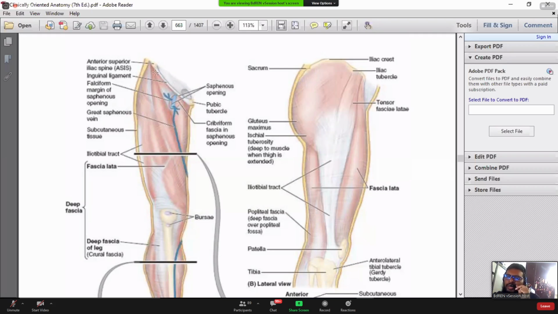This is called Holden's line, which runs along the inguinal ligament from the anterosuperior spine to the pubic tubercle. Actually, from the pubic tubercle it is about 8 centimeters long. It is Holden's line, where the deep membranous layer of the superficial fascia of the anterior abdominal wall gets attached to the deep fascia of the thigh. You know it, and that's why extravasation of urine doesn't go to the deep